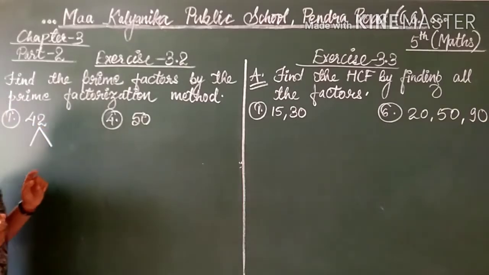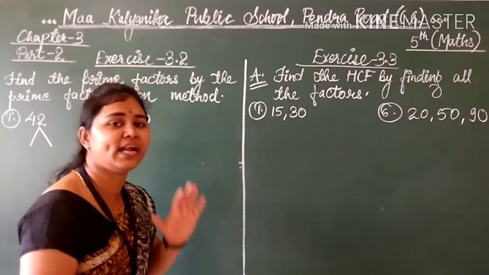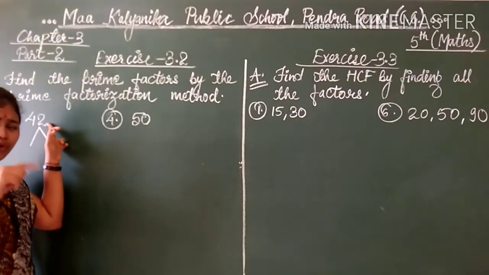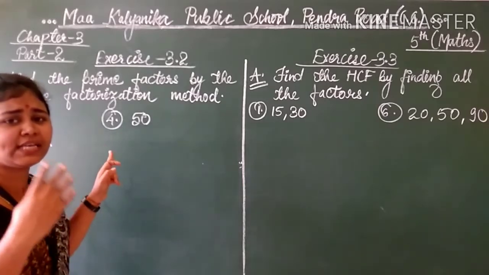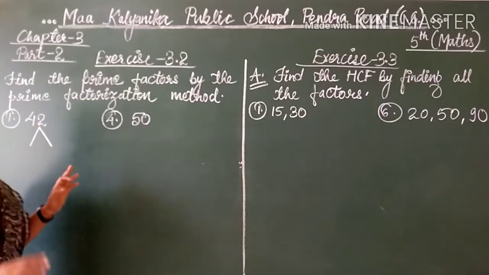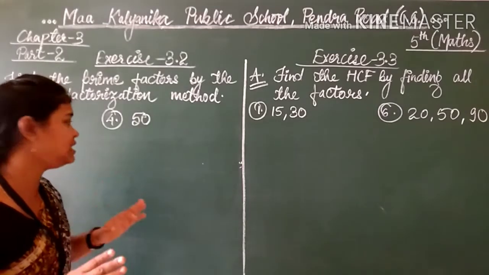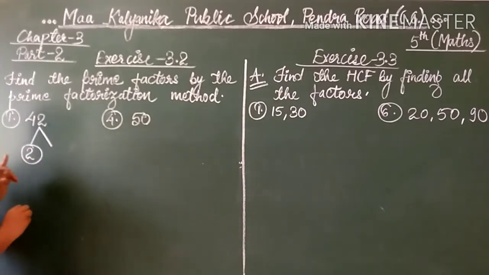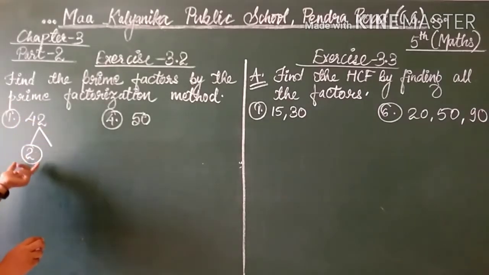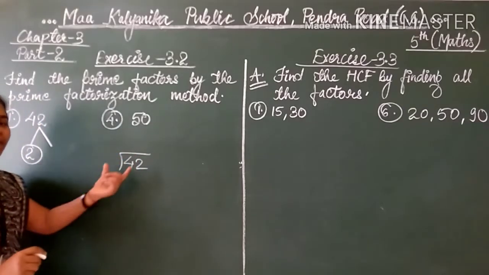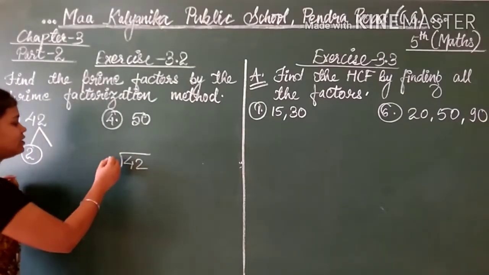Of course students, I had told you about odd and even numbers. If the one's place is having 0, 2, 4, 6, 8, these all are even numbers, then it can be divided by 2. Yes, these even numbers can be divided by 2. So simply we will write 2. And now table of 2 means you have to divide 42 by 2. So simply you can solve it in rough also or directly you can do. But first I will tell you how to solve in rough.